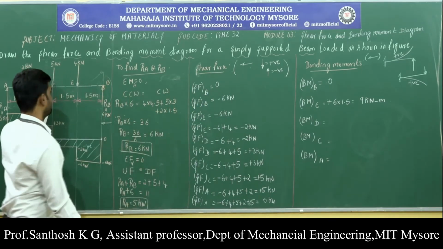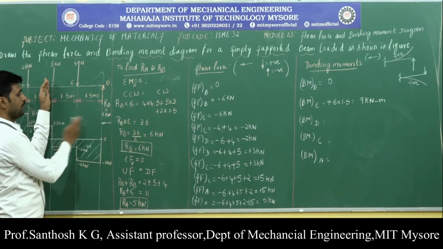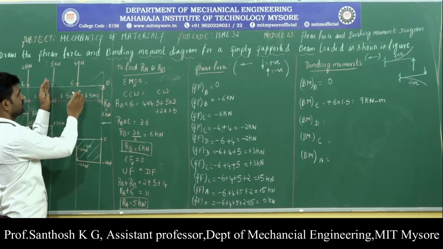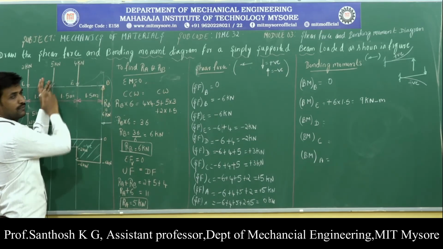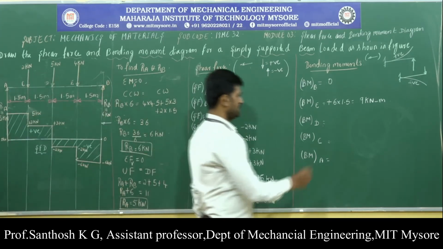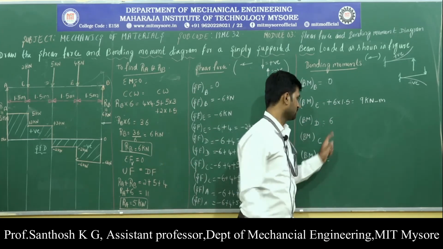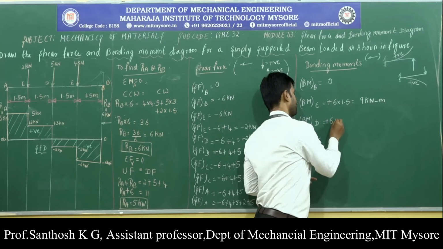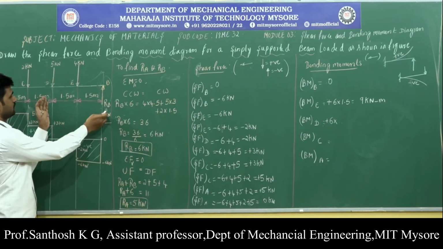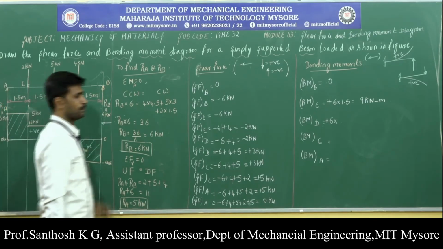Now let us find the bending moment at point D. In order to find the bending moment at point D, again I will move from right side to left side. When I move from right side to left side, we get two forces because of which we get the moment at D. One is because of this force 6. So 6 kilonewton is going to bend the beam in upward direction. Therefore I am going to denote it by positive sign. So plus 6 into the distance of this 6 kilonewton force from D, it is 1.5 plus 1.5.